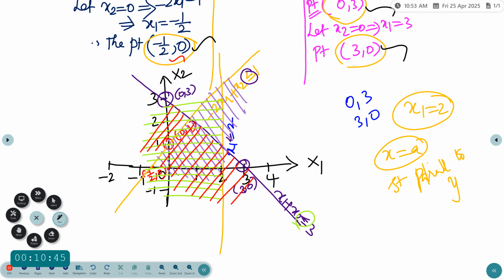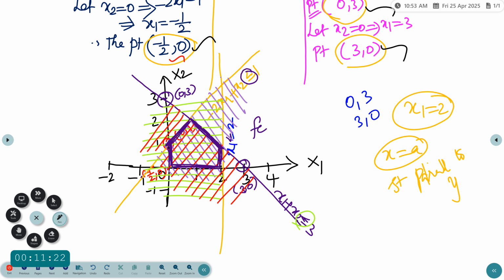Now see the common region which consists of all the colors. The common region is like this. Find out the common region. In this portion only, all the colors are present. So this is our feasible region. In this area there is no violet color, and in this place there is no red color. So this is the portion containing all the colors. This is our feasible area.